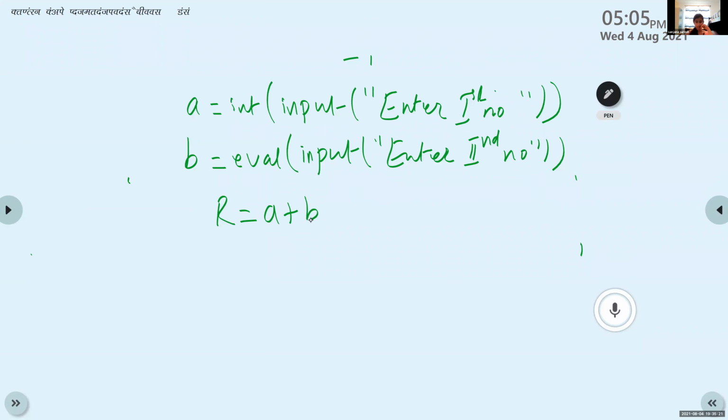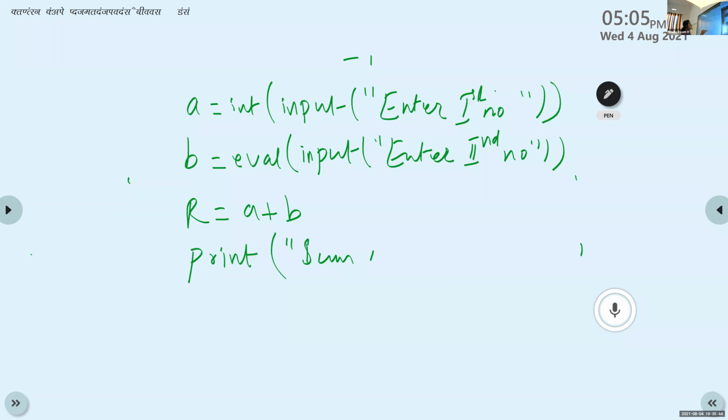Print R. The spacing is very important in Python. R is equal to A plus B. After that, the same alignment you want to follow. Print, sum is, R.